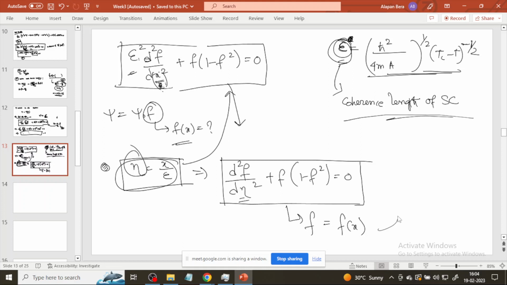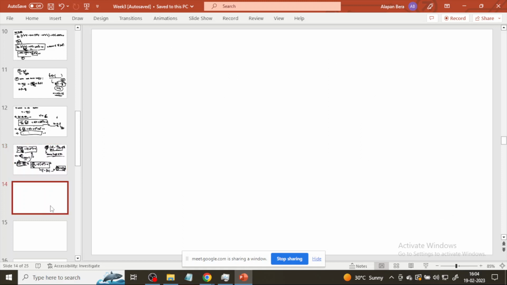Now we have to solve for this term to get the expression of f(x). If we put that f(x) in psi, we consider psi as psi naught times f(x). If we put the explicit expression here, we can then see explicitly how this wave function varies near the superconductor normal interface. So our next job is to solve this equation. Let's try to solve that equation. We have this equation in our hand: d square f by d eta square